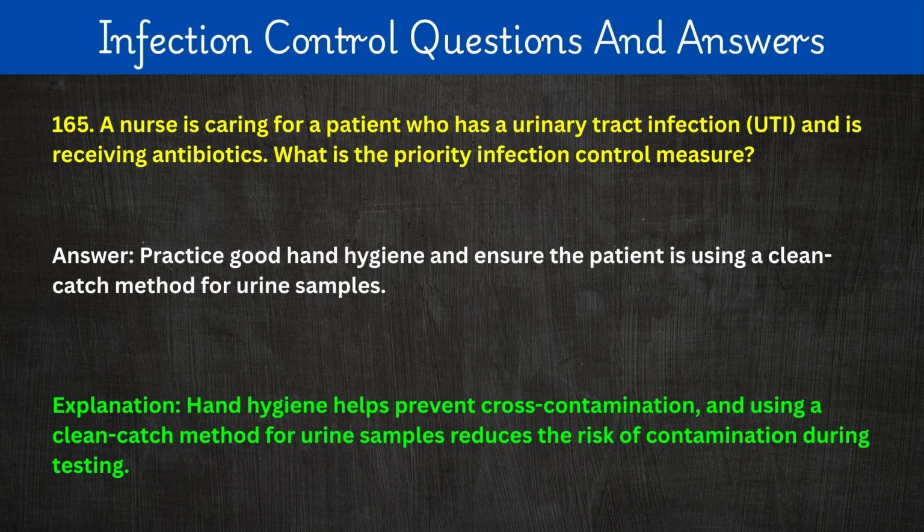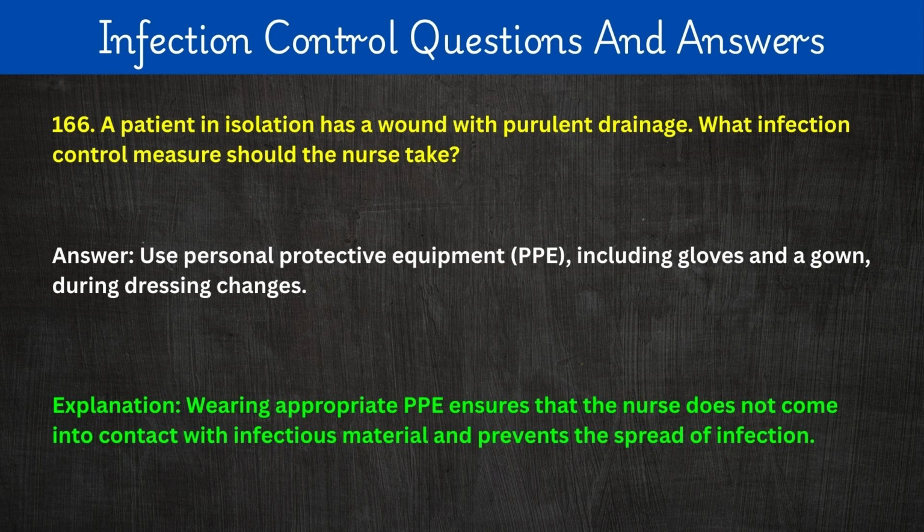during testing. 166. A patient in isolation has a wound with purulent drainage. What infection control measure should the nurse take? Answer: Use personal protective equipment, PPE, including gloves and a gown, during dressing changes. Explanation: Wearing appropriate PPE ensures that the nurse does not come into contact with infectious material and prevents the spread